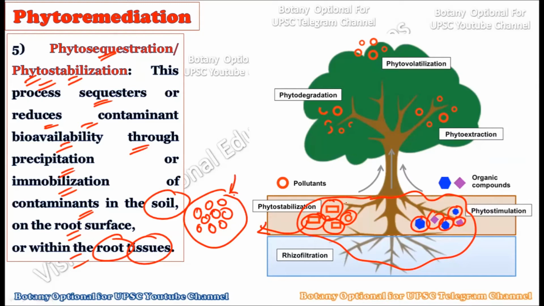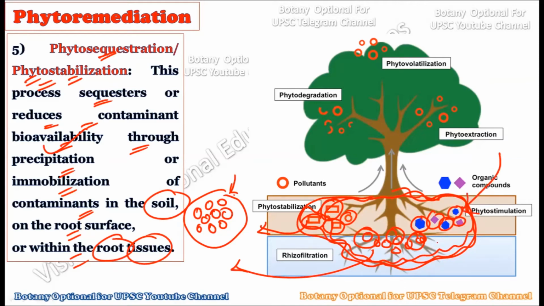For example, the contaminants are situated here, and these contaminants are heavily surrounded by the rhizosphere of the plant. Now this rhizosphere will stabilize this pollutant to this area only, that literally means these particular contaminants will not move from this rhizosphere to other areas, and hence their bioavailability is reduced. So due to the rhizosphere acting on these contaminants, they become immovable even after there is precipitation.